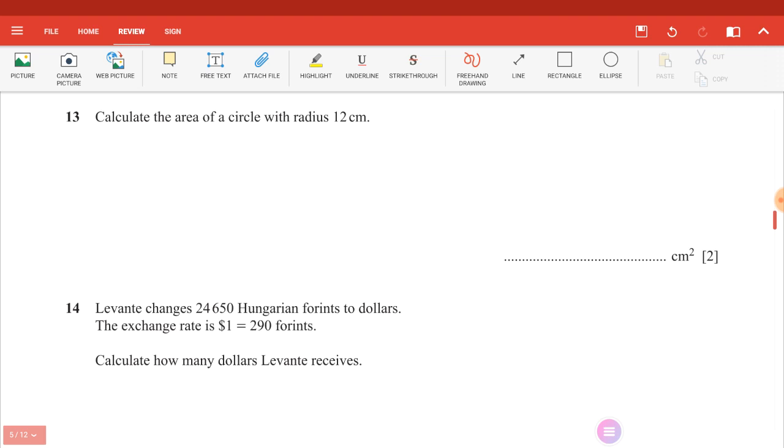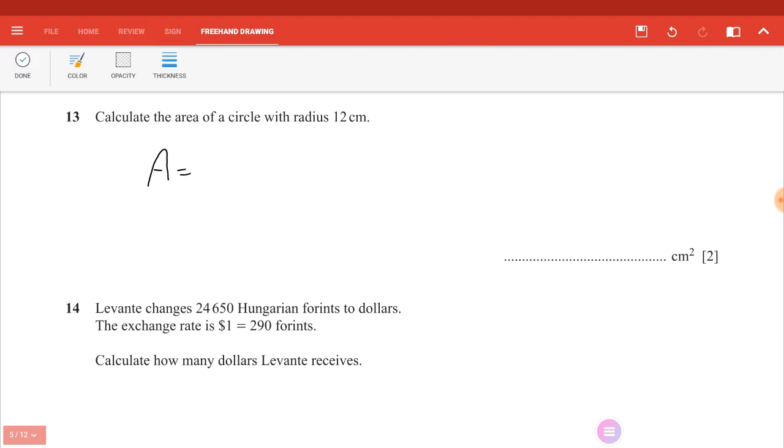Calculate the area of a circle with radius 12. The area equals pi r squared. Pi, you can use the value in your calculator, multiply by 12 squared and put the answer. 12 squared multiplied by pi is 452 point. You can write 3 significant figures, or when you have a decimal you can write 2 decimal places,